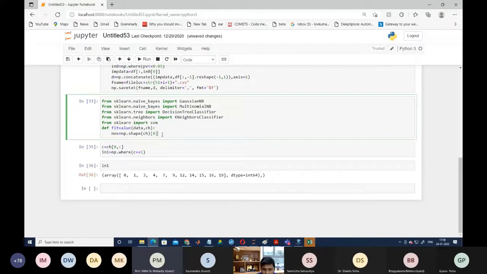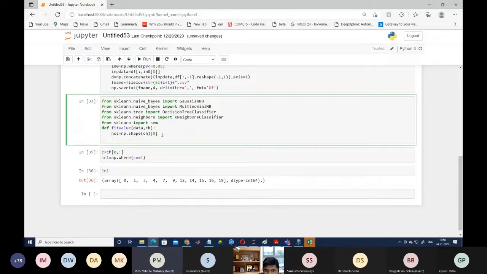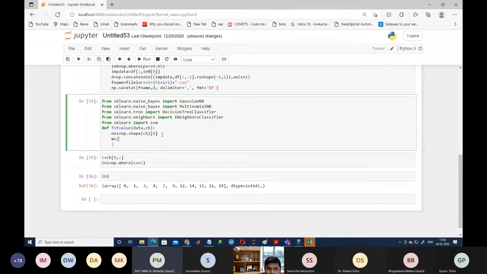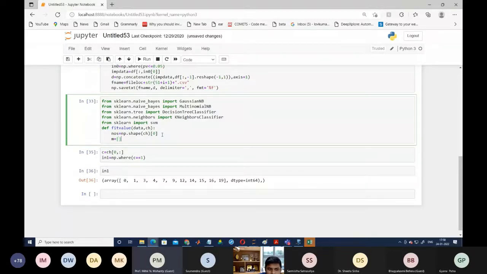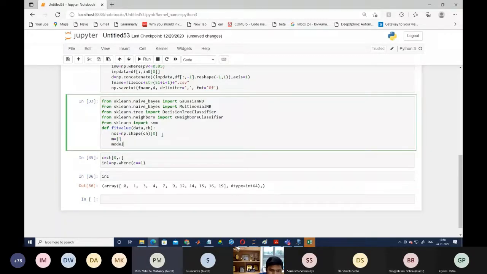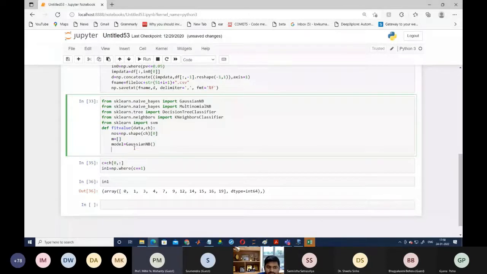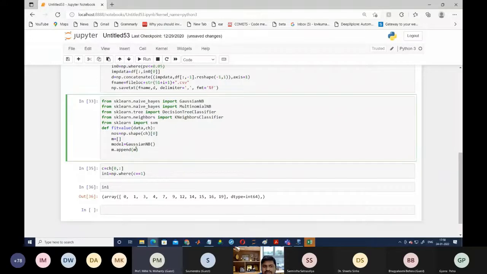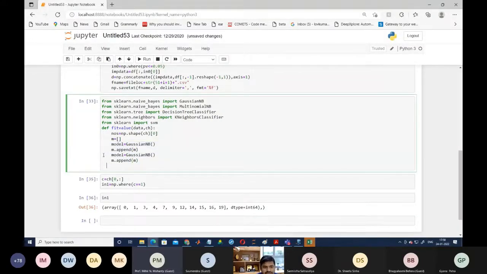Now you can see how we are going to use these models, the simple approach. First we are going to define one list where we are going to put all the models. We write the model name, whatever term you have written here, Ctrl-C, Ctrl-V. Now you write m.append of m. This is the first model, the Gaussian, and then you only have to copy and paste.